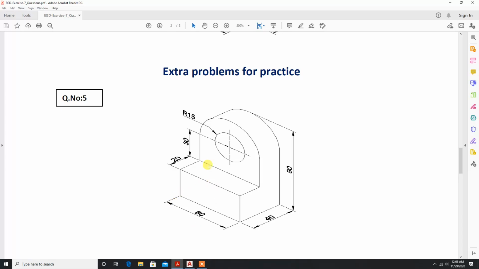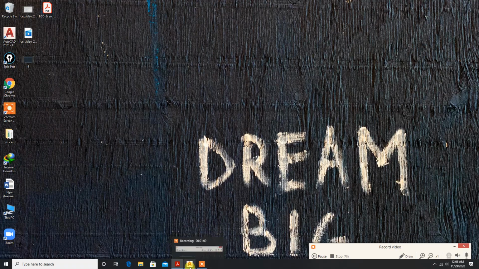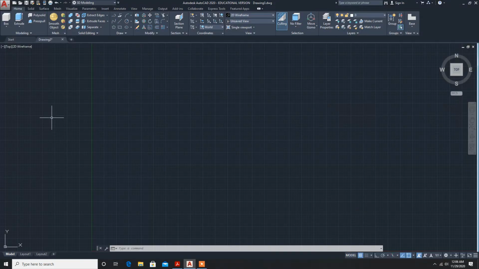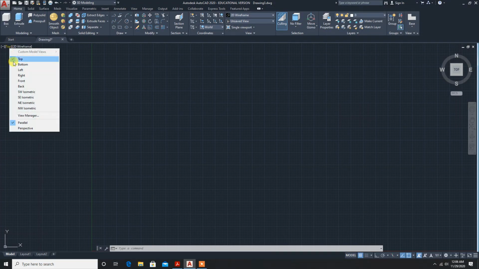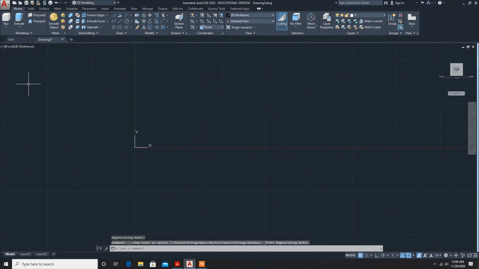So this is the front view. From the front view we are going to start the diagram. So I will draw the front view. Okay, so diagram, front view. Okay,